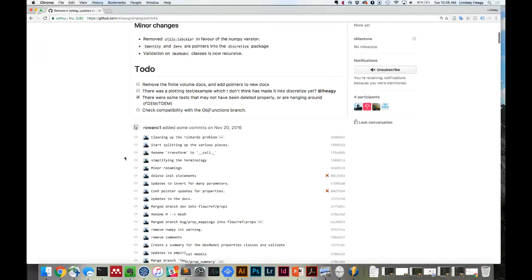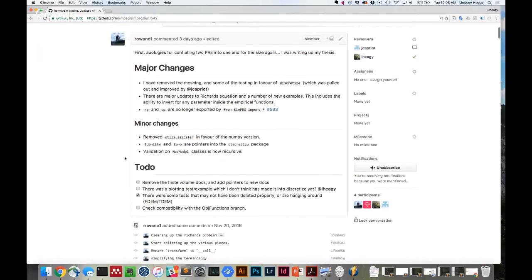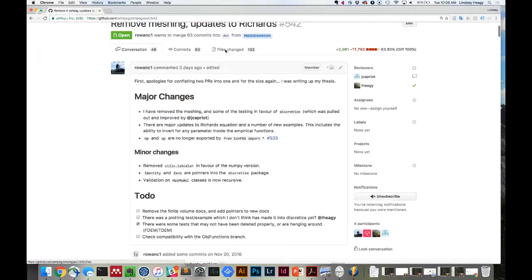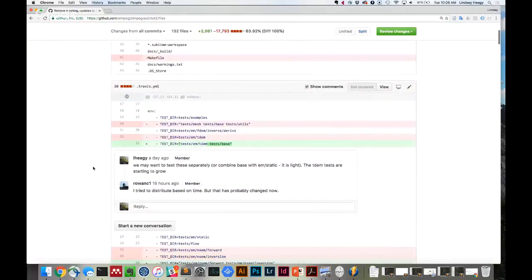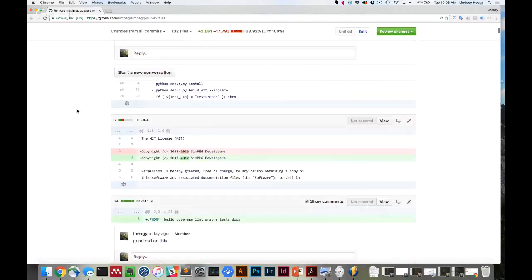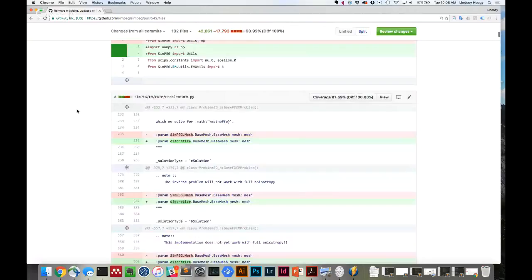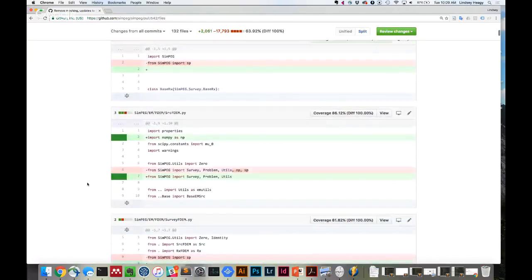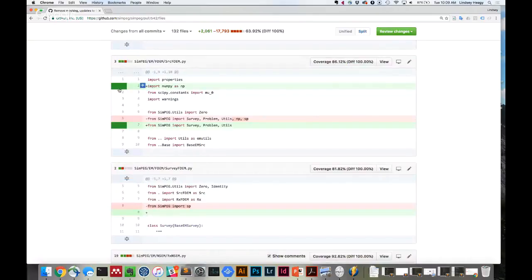Yeah. And then the other things that change with this are just imports of the mesh. You can still do from SimPEG import mesh, but you can't do from SimPEG.mesh import TensorMesh. That no longer works. You can do that from discretize though. So where you might see some of those changes, if you just look through here, there's a ton of imports that changed. The other thing that changed, and I think this is a good idea, but it will probably impact some of your scripts, and definitely impacts stuff I wrote early on,